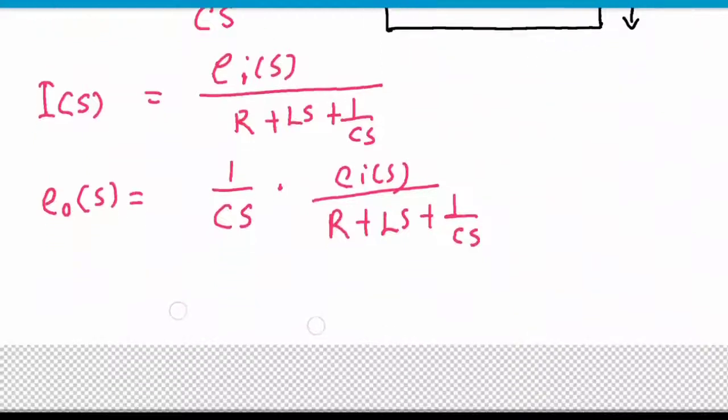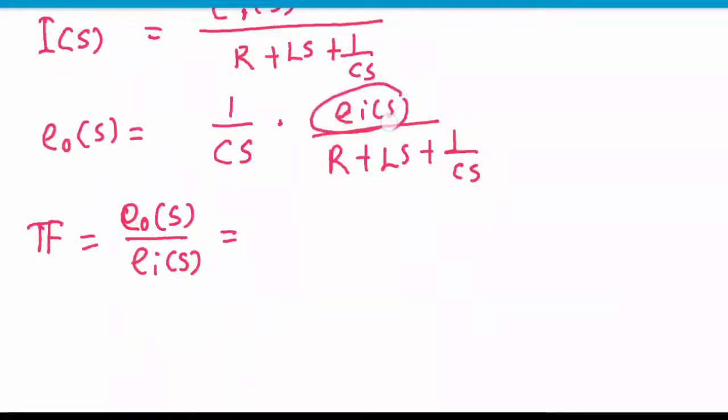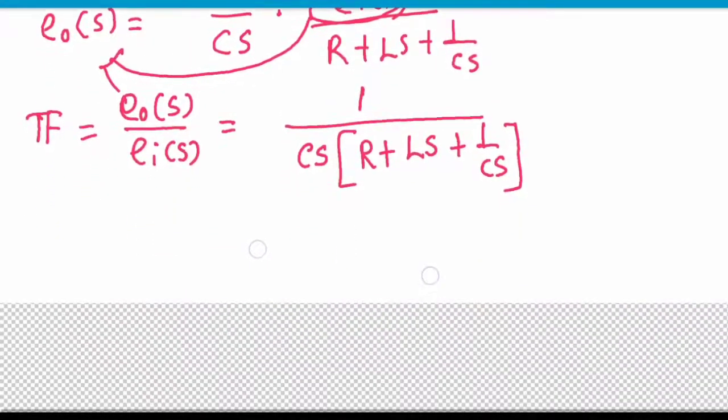So what will be the transfer function? Transfer function is output by input in Laplace domain. So what will happen? This input goes down and the rest will remain the same. So what will be this one? This one will be like this, 1 by Cs into R plus Ls plus 1 by Cs. This is the transfer function, and we have to find out